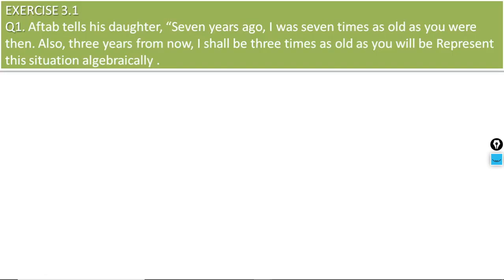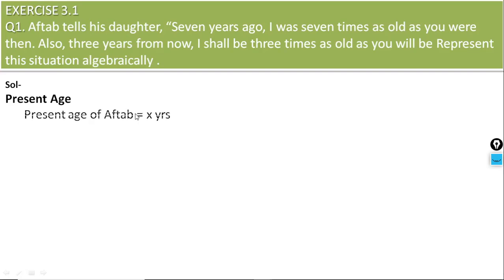Here is the problem where Aftab tells his daughter, 7 years ago I was 7 times as old as you were 10. Now students, there are two quantities whose age vary, and those persons are Aftab and his daughter. So those to be considered x and y. So we start with the present age. We consider the present age of Aftab to be x years, and the present age of the daughter